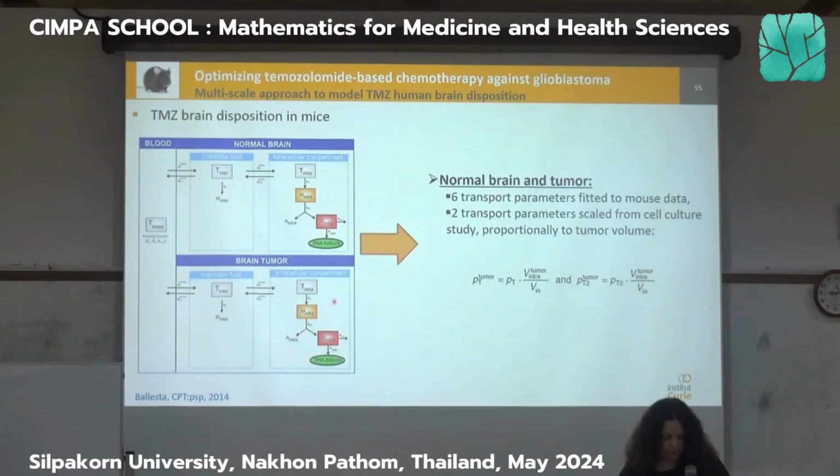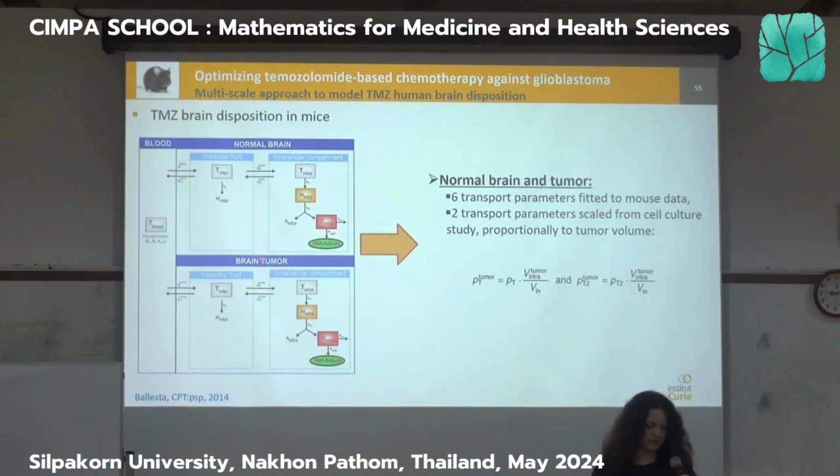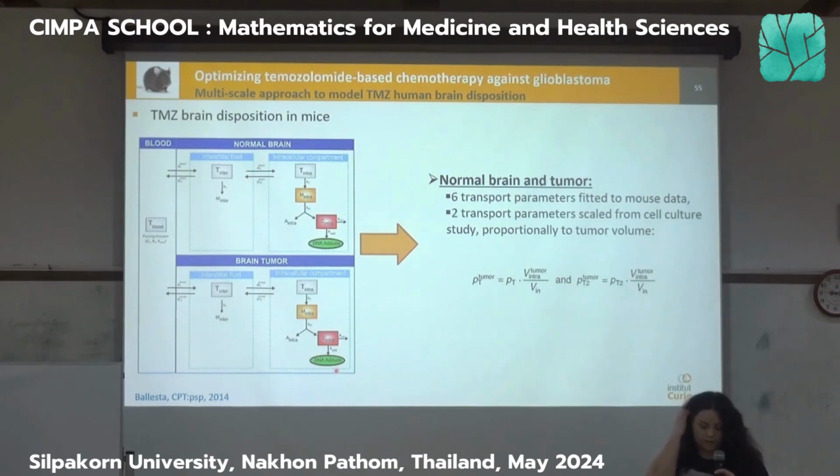And then here you have the same model as in the other in vitro model. As you can see, you have temozolomide intracellular, TIA, that becomes MTIC intracellular, then that becomes the cation, and then that makes the DNA adduct, so on the DNA. And then the next step is how to estimate parameters. As you can see here, the intracellular parameters are going to stay the same. We have already estimated them in the in vitro.